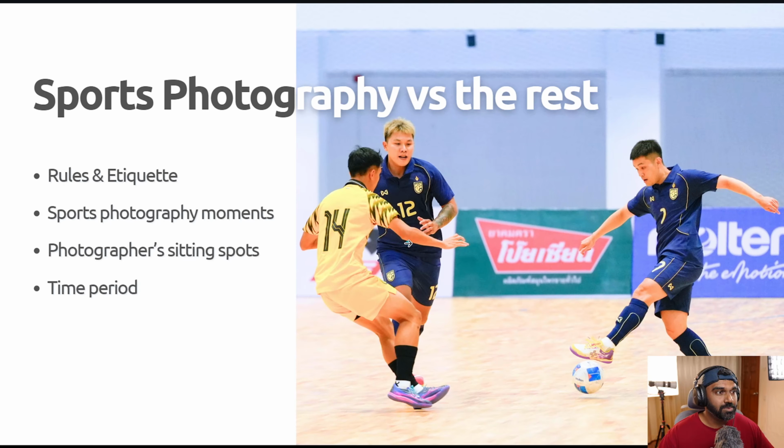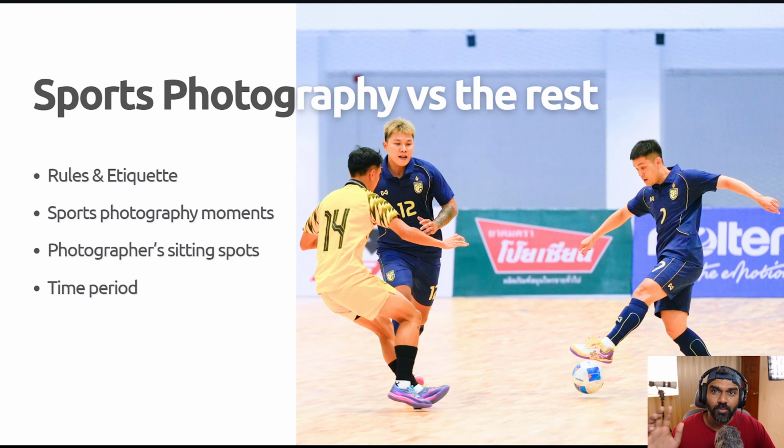Now, I want you to pay attention to all the photos that I'm showing here. These photos are mostly, 99%, from the same match because I did not pay attention to the other match. I will explain the details in the upcoming slides, but I want you to pay attention and see how well you like these photos. That's also something very important. I see some dropped frames here, but anyway, we will keep going.